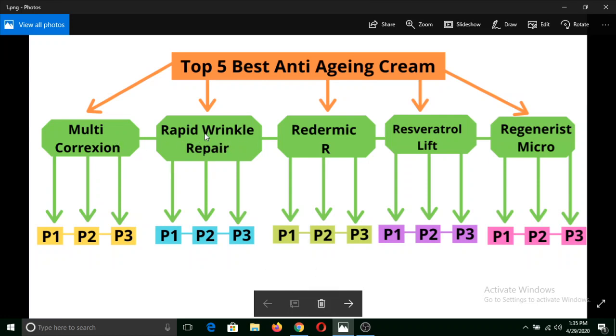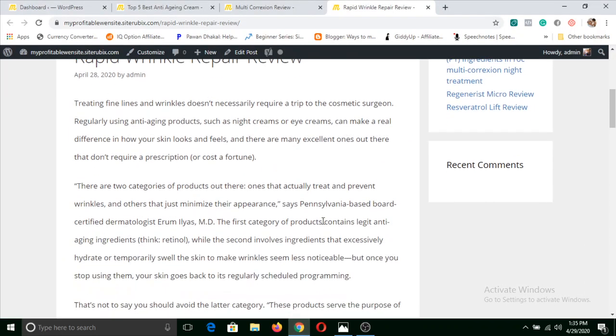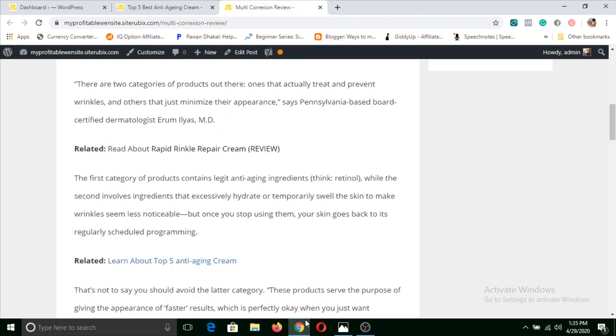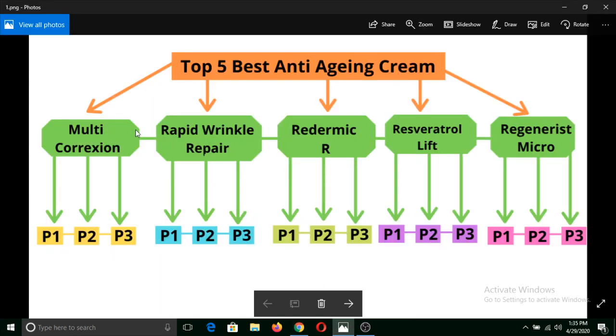So another link we can give is from this page to this page also. So we can give it anywhere here. So once this loop completes, then we will give one link from this page to this page. That would be our P1. Now this P1, P2, P3 means helpful posts, like how to use multi correction, what are the ingredients in multi correction. These are something that people would love to read, and I'll tell you about keyword research in the next lesson, how to find low competition keywords with free keyword research tools.